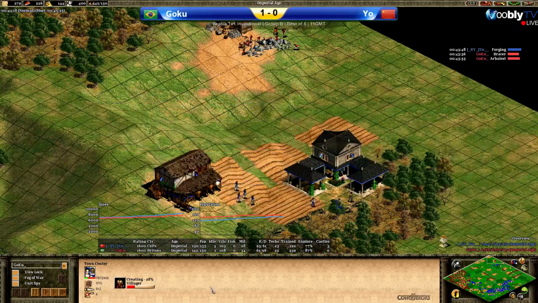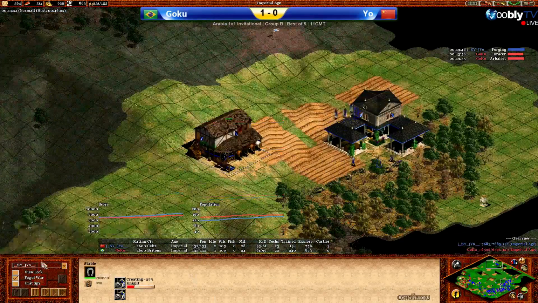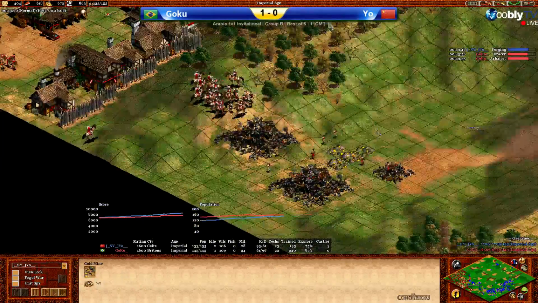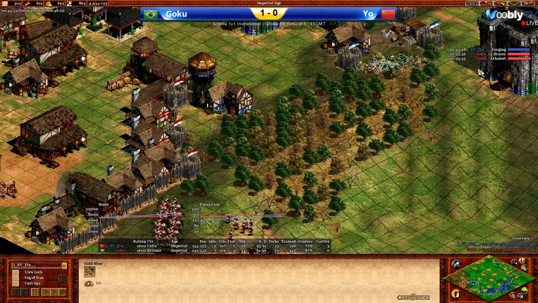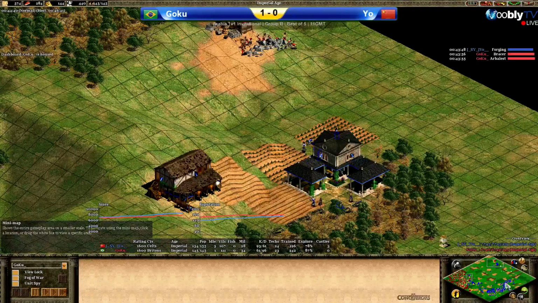I really want to see if Yo actually sees that stone mining in the top. Yeah, he sees the mining camp, just makes it stable there, 1 or 2 knights. Gonna clean all of that up. And Goku is basically off gold. He's getting Bracer and Arbalest, which isn't going to help him too much when he has no gold, so...